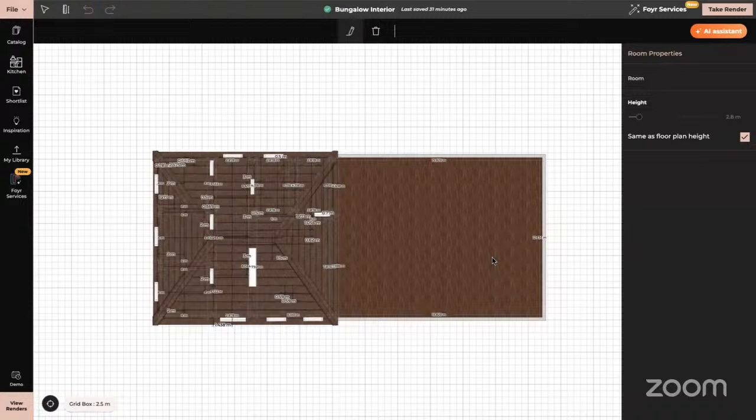Again, what do you need to create? And if you want to have some environment visible, if there's only low fencing, or if you can actually create maybe your own high fencing and just add plants, and you don't need to be worried then about any other environments. Let's say that we'll just leave it the same height as we have our other walls. So now if I switch to 3D,